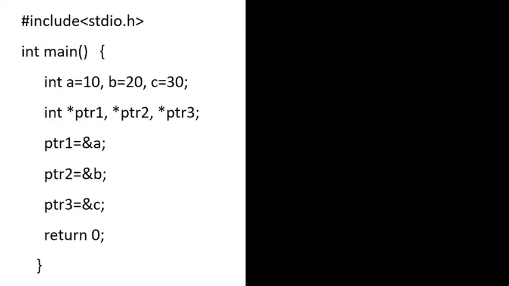So int a is equal to 10, b is equal to 20, c is equal to 30. I'm also declaring pointer variables ptr1, ptr2, ptr3, and I'm storing the address of a in ptr1, storing the address of b in ptr2, and storing the address of c in ptr3, right? So now